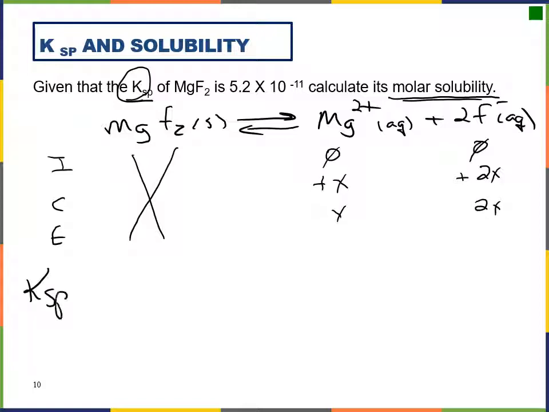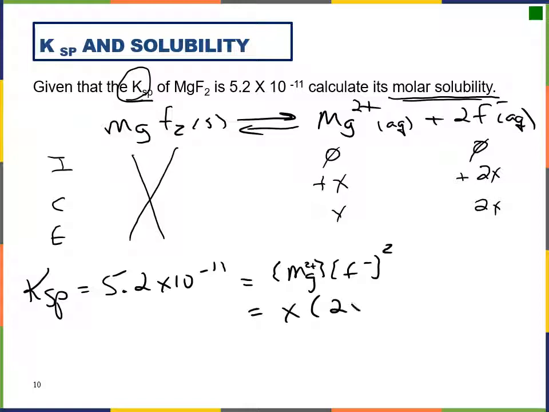We know our equilibrium constant, which is a value of 5.2 times 10 to the minus 11, is going to equal the concentration of magnesium times the concentration of fluoride squared, which is going to equal x times 2x squared, which is going to equal 4x cubed. So if we realize that 5.2 times 10 to the minus 11 is equal to 4x cubed, honestly, the hardest part on this is finding the cube root on your calculator. But once you do, you're going to get x, which is molar solubility,